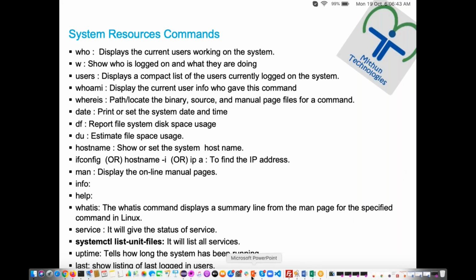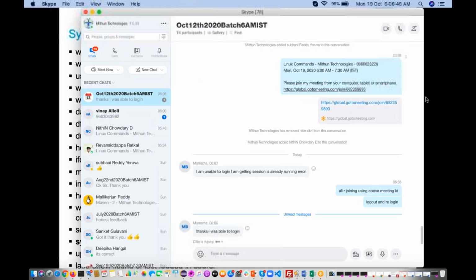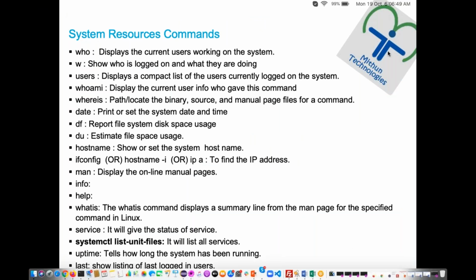See, some people are there, 74 participants are there, but now only 60 people are there. What about others? They're irregular. First of all, I don't like that kind of irregular students. Okay, anyway,